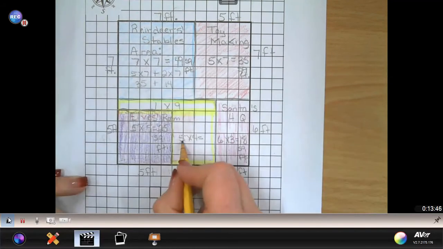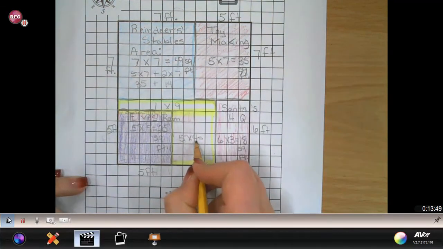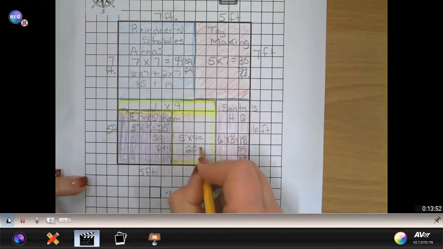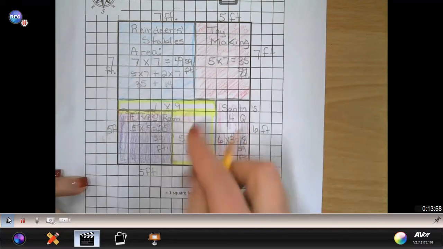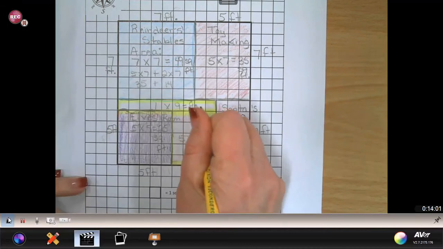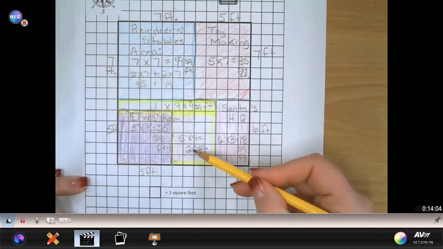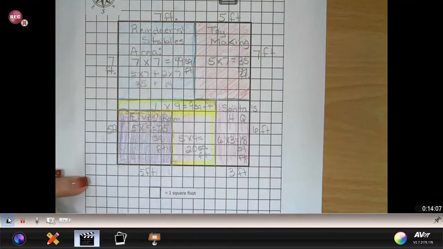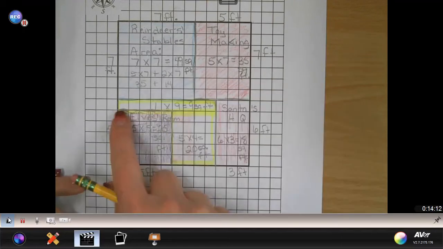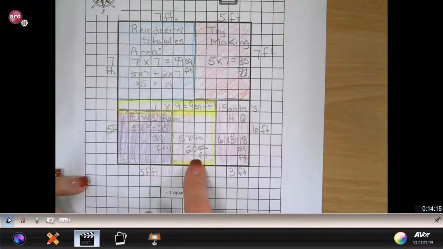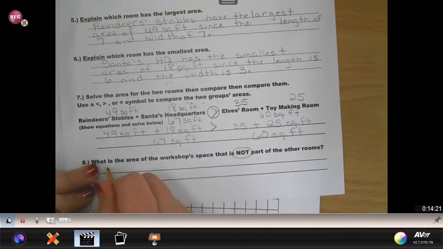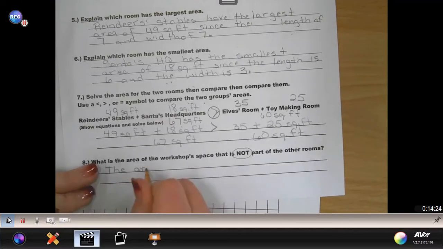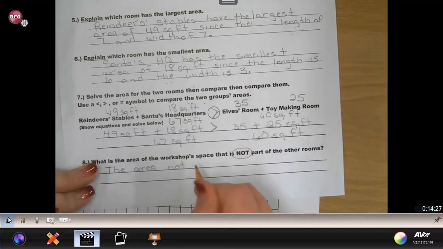1, 2, 3, 4. A 5 by 4 here. So 5 is the length, 4 is the width. If I multiply that, I get 20 square feet here. And one row of 9 is 9 square feet there. And together, when I add 20 and 9 together, I get 29 square feet not being used. So basically, I've got two small rectangles that I can use to show what's not being used. So I can say the area not used